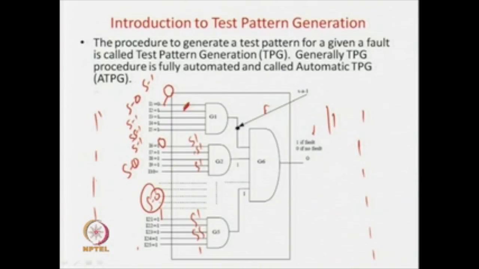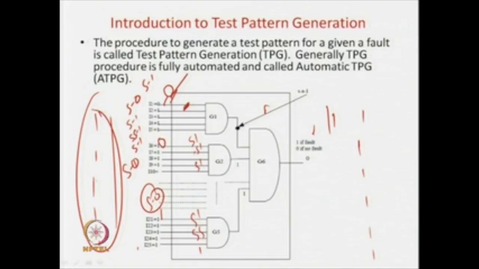So one random pattern can detect stuck-at 0 faults at all lines in the circuit, and if you consider fault collapsing, we will not have stuck-at 0 faults at all the lines of the circuit, but we will have one stuck-at 0 fault at each AND gate input. So if there are 5 AND gates, you will be able to detect 5 stuck-at 0 faults by the same pattern. That is with a random pattern, but if you are using the sensitize, propagate and justify approach, then for the 5